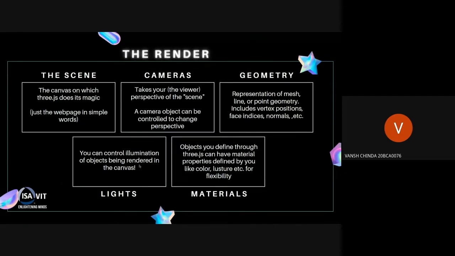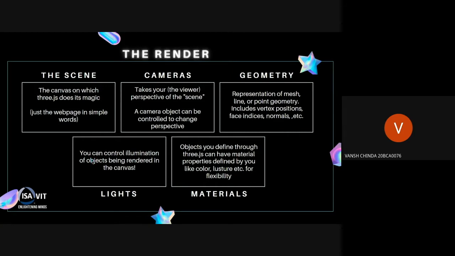First of all, what is a scene? A scene basically lets you set up what is to be rendered and where it has to be rendered. Scene sets this up for the whole web page, and this is where you will place your objects, your lights and cameras. To get a much better understanding of what lights, cameras, and objects are, we'll get into Blender really soon. But let's keep going on understanding what these terms are here.